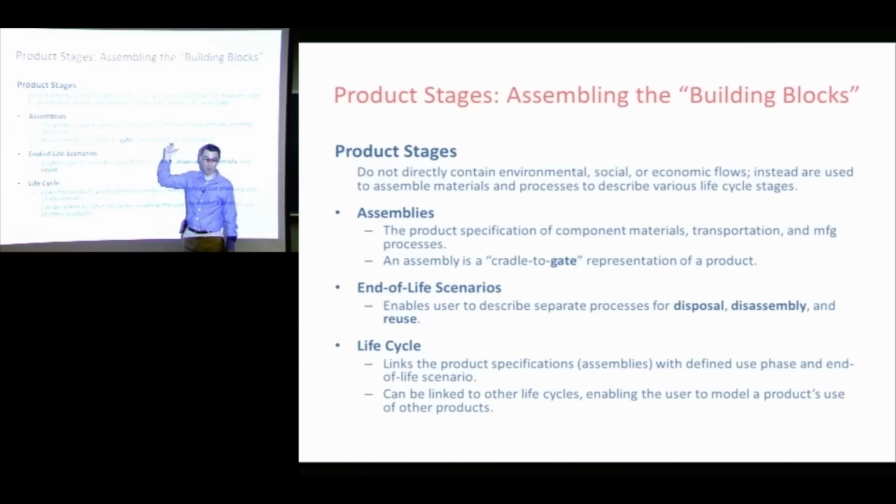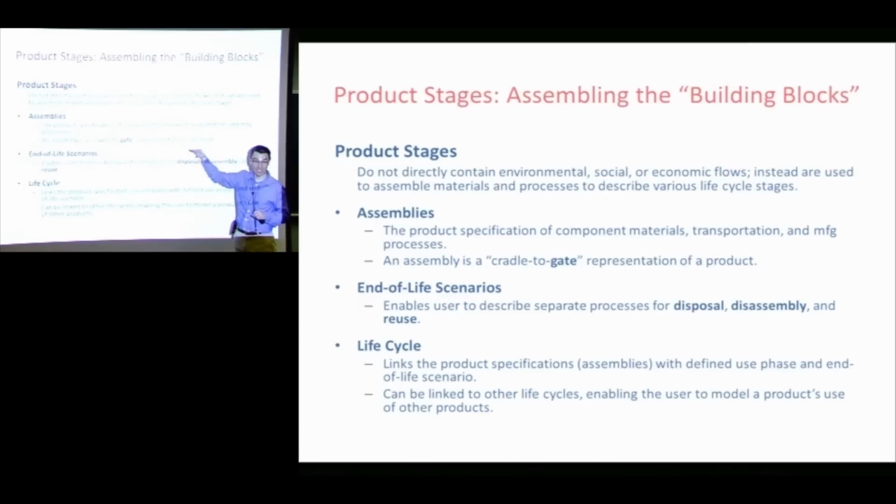After that point, use and disposal are going to be treated separately. So we've got end-of-life scenarios, and then you've got the use phase embedded with the life cycle. If we're talking about the coffee maker, the assembly is basically the point at which you've produced and packaged the coffee maker. At that point, you've got this assembled thing. More likely, the way you would do that is you would just assemble the coffee maker and treat the packaging as an association with the life cycle. So